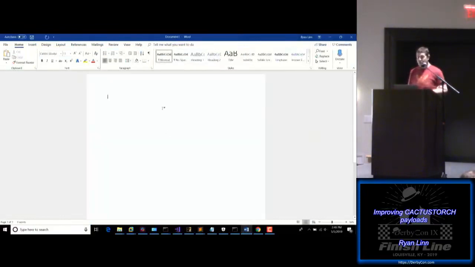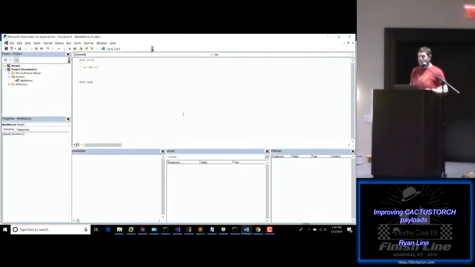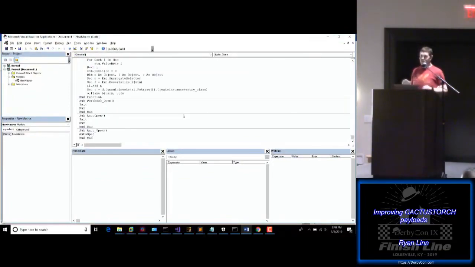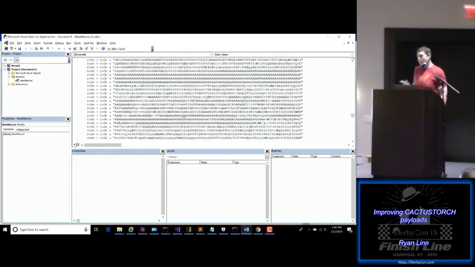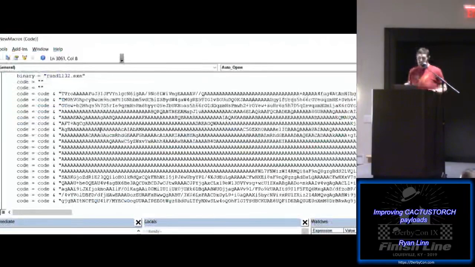From here, we basically create our macro. So we go under View, Macros, and we create a new macro name. One thing to be careful of is this pull-down box has a couple of different options. The one down at the bottom is just your document. You'll have a bad time if you accidentally put your macro in all templates. Not from experience or anything, but when every document you create gets flagged as malware, that's like, so anyway,